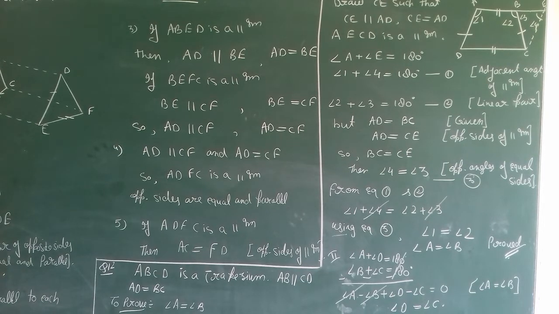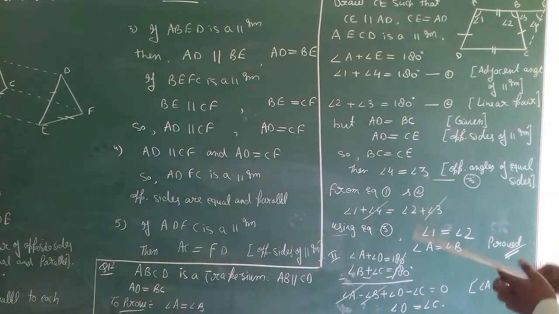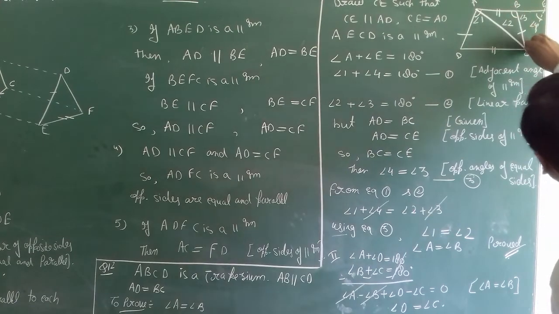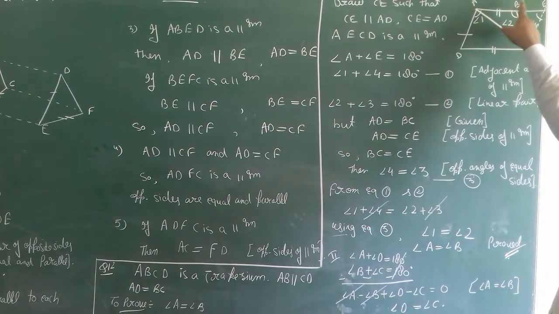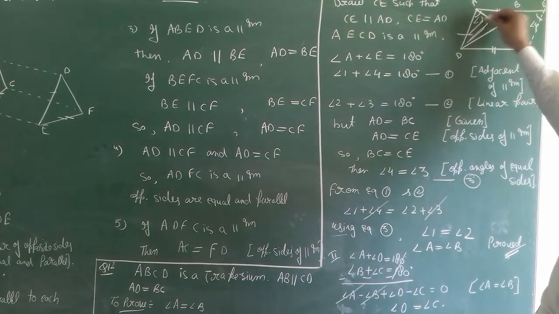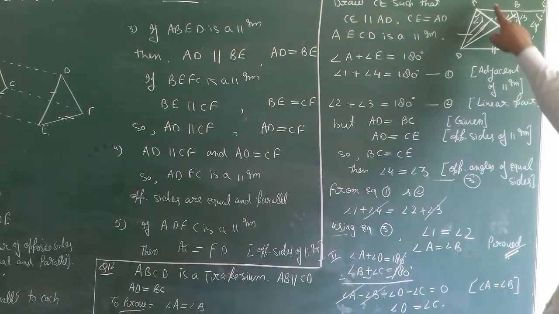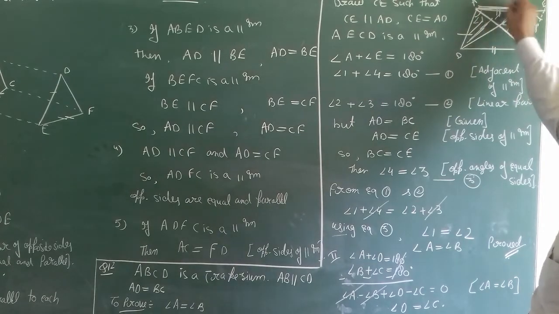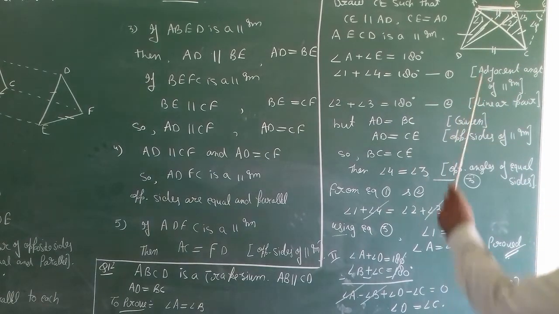I am explaining the third part: triangle ABC. See here, joining this. Triangle ABC is congruent to triangle BAD. This one triangle is equal to this. How can we prove these two triangles are congruent? Then AB line is common, right? AB is the common line, and then AD